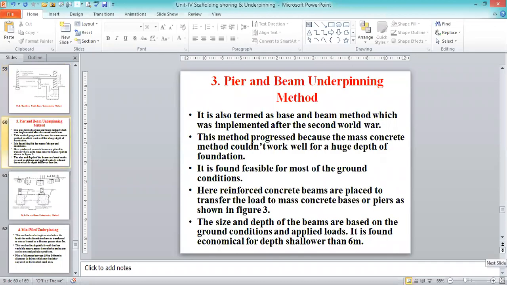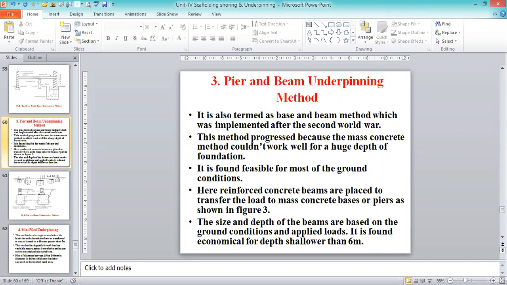Next one is the pier and beam underpinning method. This is a deep excavation method. Earlier, methods 1 and 2 were for shallow excavation. In the pier and beam underpinning method, piers, which are columns, are driven if the foundation is very loose or in waterlogged areas. Whatever the foundation we are using that is unsafe, then we call for the pile foundation, or the pier is driven, to make sure that your foundation is strong. So that is known as the pier and beam underpinning method.